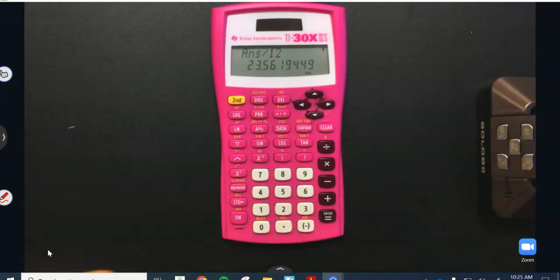All right, cool, here we go. So how fast is that car traveling? 23 point something feet per second. But we want it in